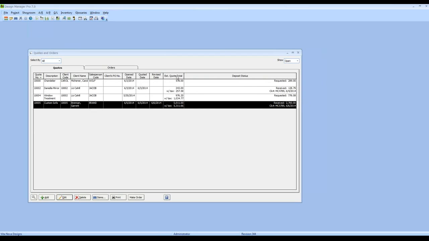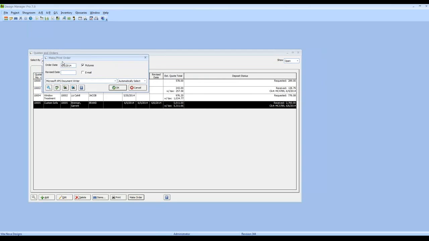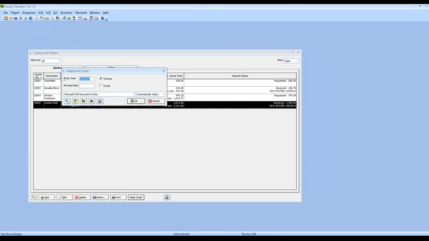So we've got the money from Mr. Brennan. Now that is the impetus for us to actually process the quote into an order. And it's really easy to do so. Highlight the custom sofa, and we use the Make Order button along the bottom toolbar. This brings up the Make Print Order button, and I have the order date, and let's say we convert that